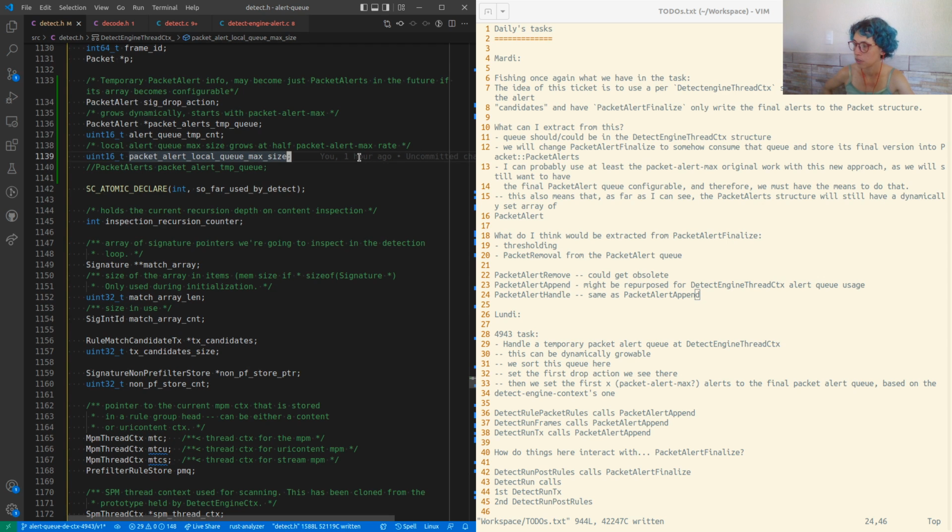I know that I will change some of these in the future once we have integrated part of the work I've done for making our packet alert queue configurable in size. But for now, I've decided that I will not touch this part of our code, and then later on I'll adjust that portion. For now, the only part that will be able to grow dynamically will be the local alert queue.